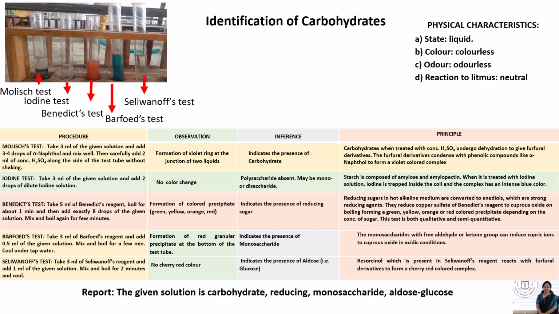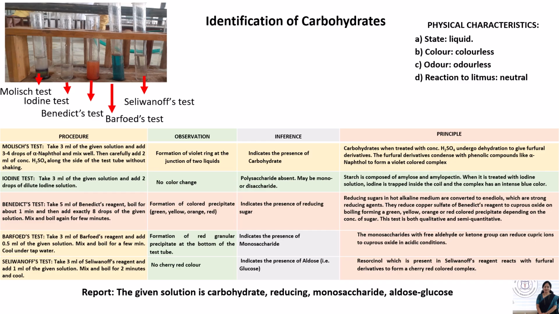Yeah, in this presentation, let's understand how to identify carbohydrate. Coming to physical properties, state is liquid, carbohydrates are colorless, odorless compounds, and reaction to litmus is neutral. Coming to the chemical test which we need to perform, these are the battery of tests we have to perform